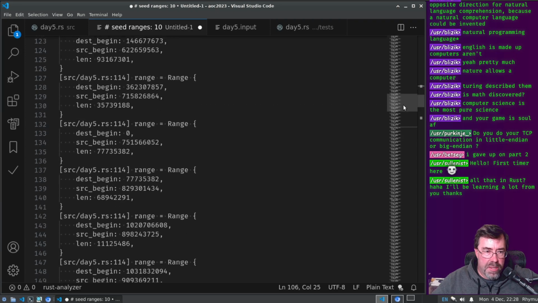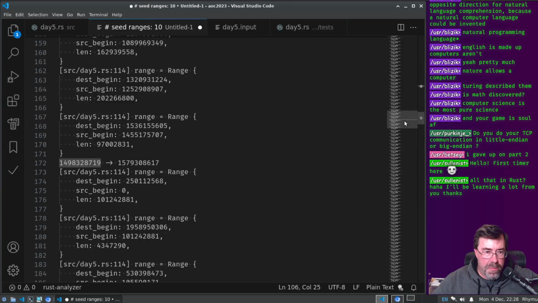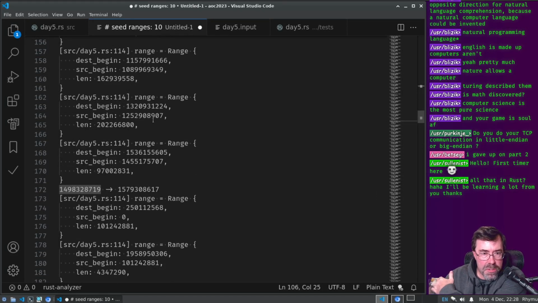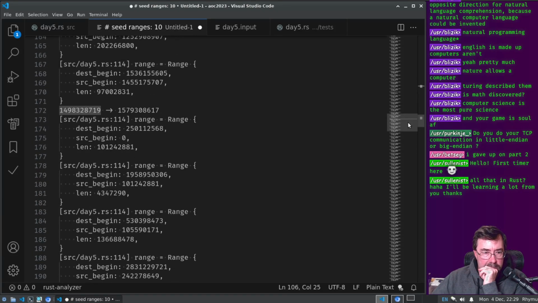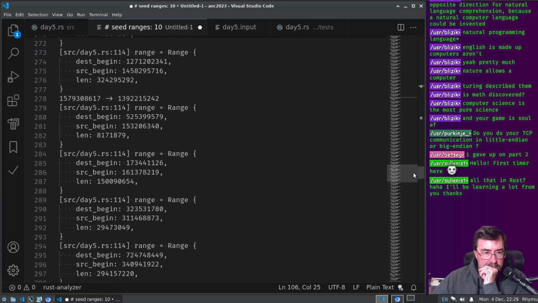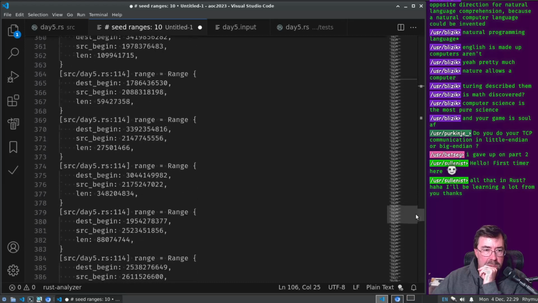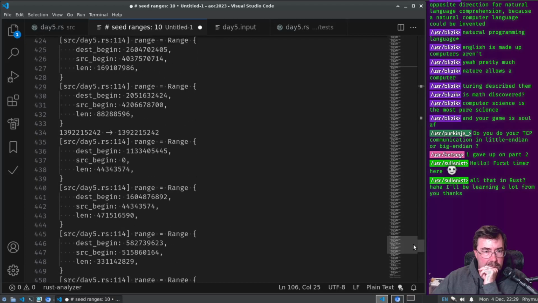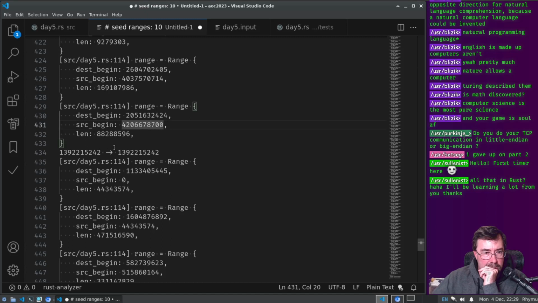Okay, and then running that number through, it says it does map. Where does that map start? In this one, actually. This last one. 579 billion. Oh, it is always the last step, I think. No, it's not. It skipped it. Right, it couldn't find the range that it was in for that one.